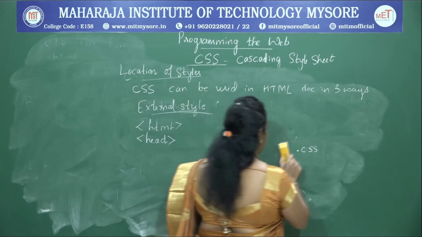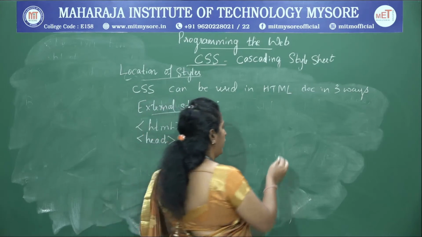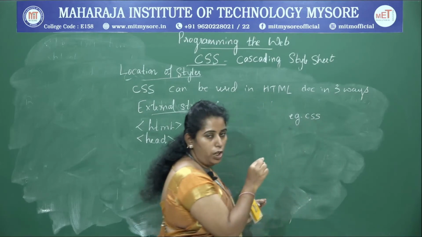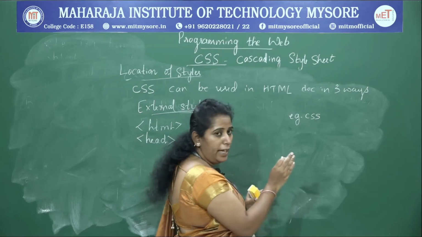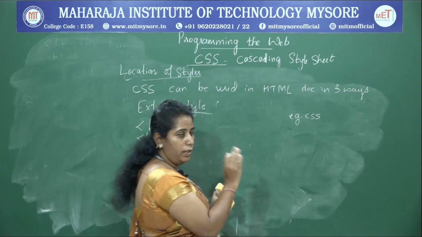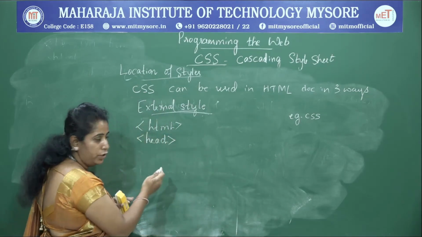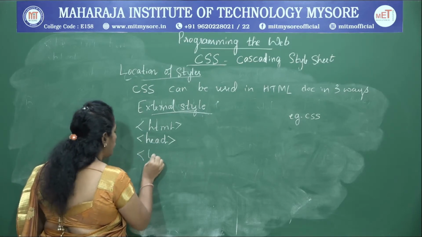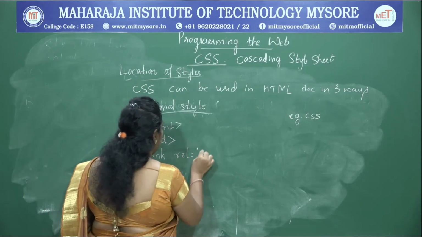For example, how it works is, assume first you have to open one empty text file and give it a name. Assume I am giving the name example, with the extension .css. There you should not write any tag, I mean to say a root tag or anything like that. You just create a file in this way. After that I will come back to your HTML program. There in the header part I am going to use a link tag, rel equals stylesheet.